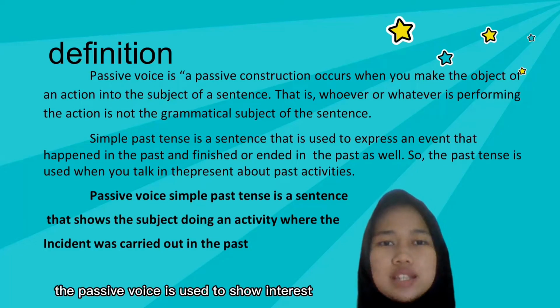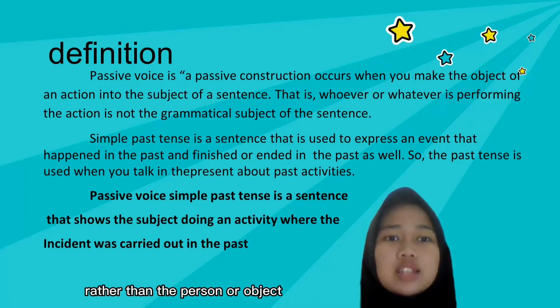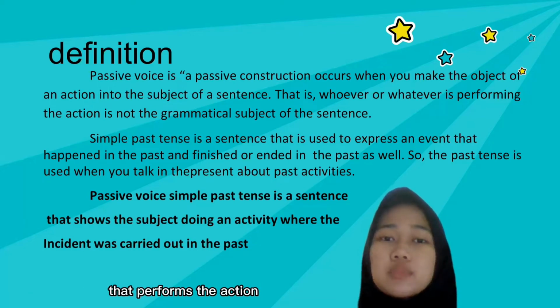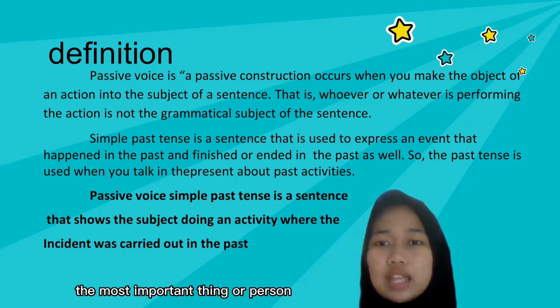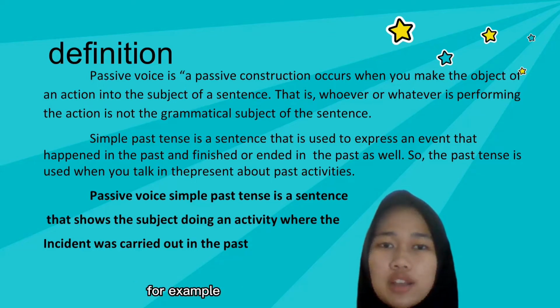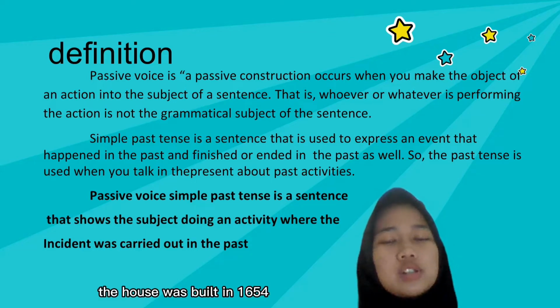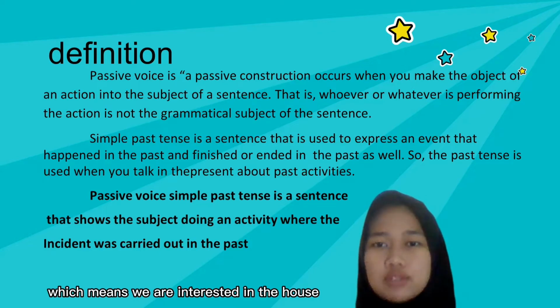The passive voice is used to show interest in the person or object that experiences an action rather than the person or object that performs the action. In other words, the most important thing or person becomes the subject of the sentence. For example, the house was built in 1654, which means we are interested in the house, not in who built